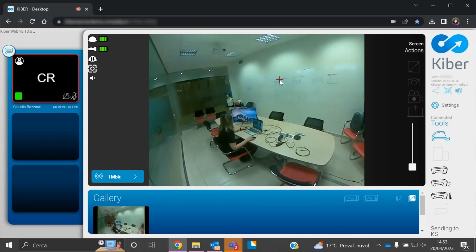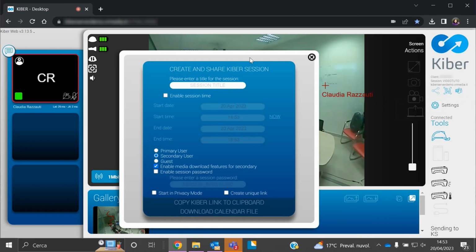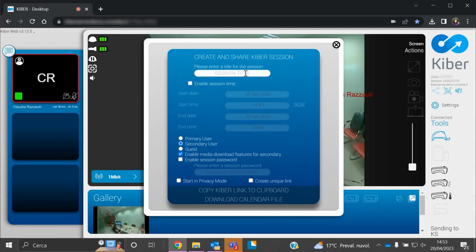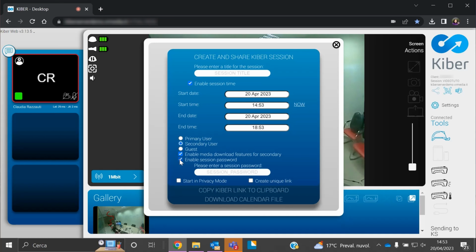On the right part of the interface, as you can see, we have the logo of the company, the credentials for the session, the server you are using. Then we have these 3 icons. These 3 icons are only available for the primary user. So you can tap on the first one to schedule a meeting. So you can choose the title for the session, enable the time slot for the link you are gonna create, then choose the role for the person who will join the session through that link, then enable, for example, the media download feature for the secondary users, enable an additional password for the link, start the session in privacy mode,